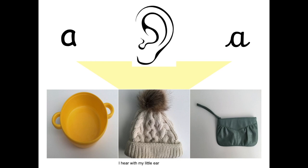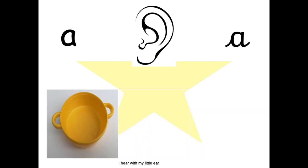I hear with my little ear something which sounds like "at". Again, do exactly the same thing. Children talk to each other, try and work out what it is, take some feedback. What could it be? "An", pan. You were right. So exactly the same game, just playing it on slides so that all children can see in